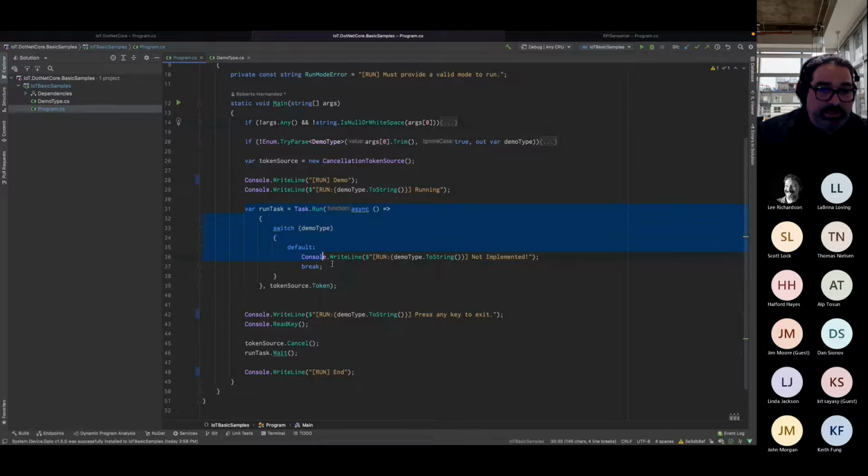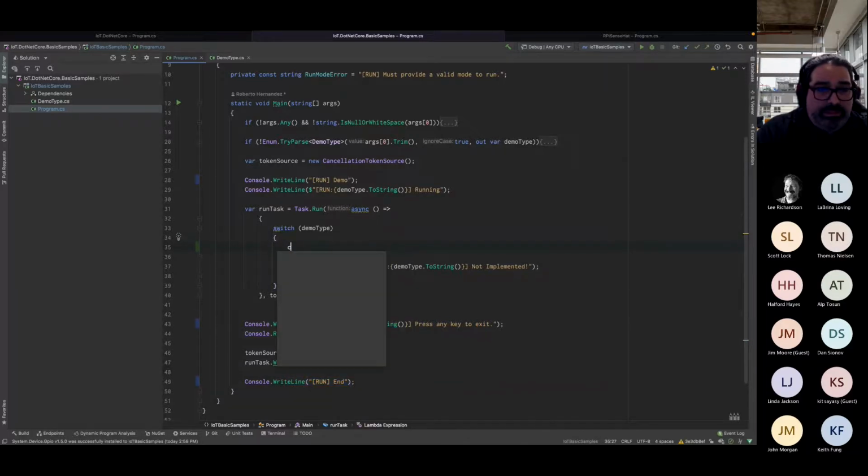Now, this task is going to be running. We're going to be waiting for it to end till the user presses any key to exit. At that point, the token source that I built, we're going to fire the cancel event. So the code that we're going to be writing that's going to be running in this task is going to be aware of the cancellation token, and at that point can clean up resources. That's going to happen in this way right here. And after all resources are cleaned, then we end the application itself. So the first thing, again, LED demo.